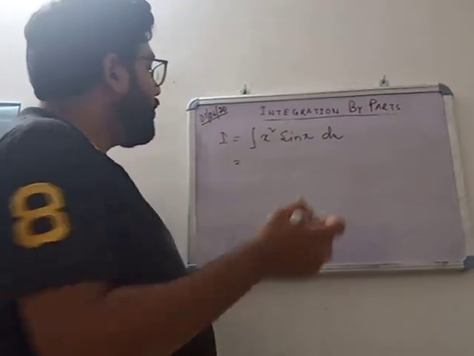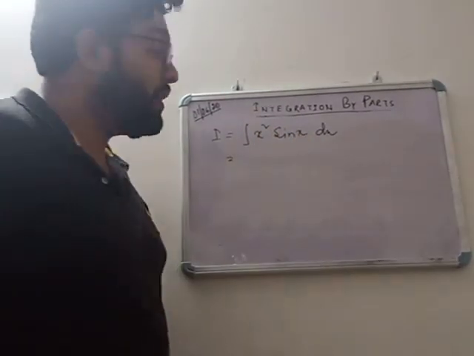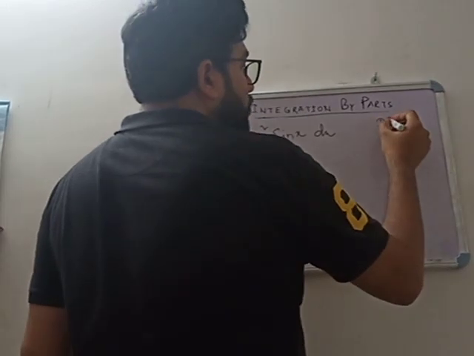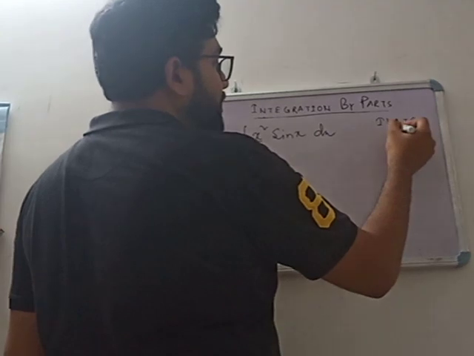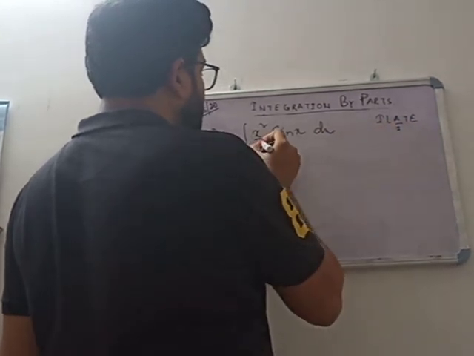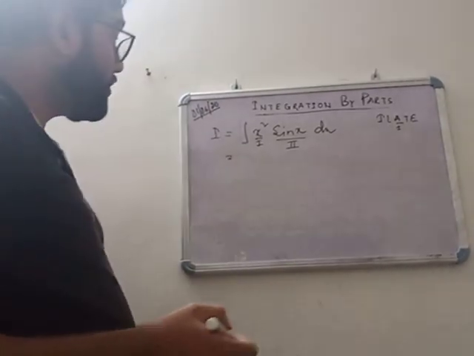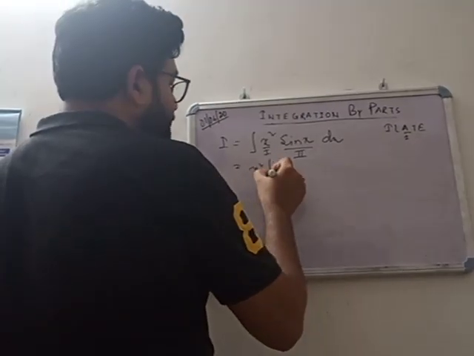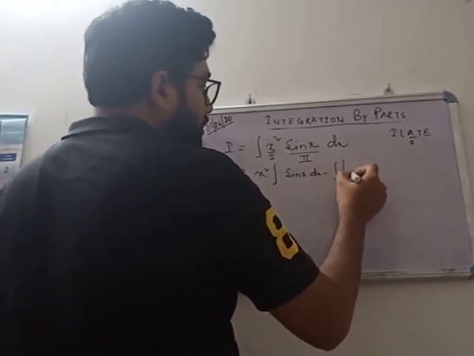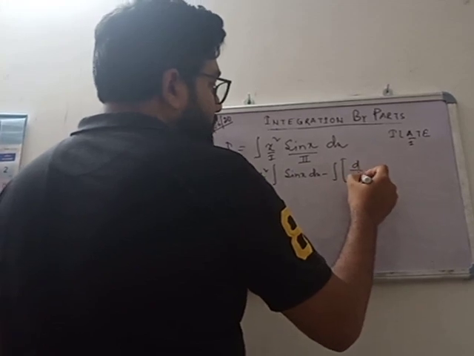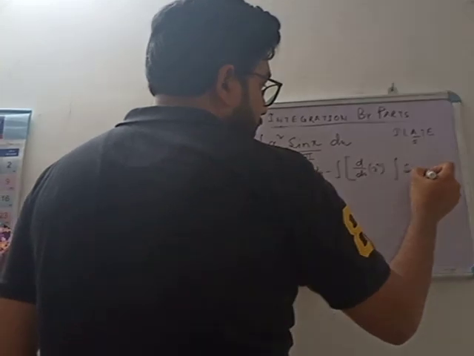Okay, now we are going to one more example, that is I equals integration of x² sin x dx. So by following the rule I we can write here, x² means algebraic function, so this is the first function, and sin x, that means trigonometric, is the second function. So x² sin x dx minus d/dx of x² sin x